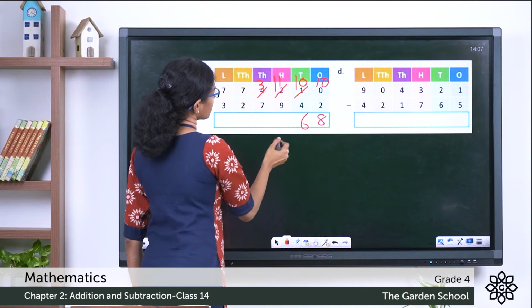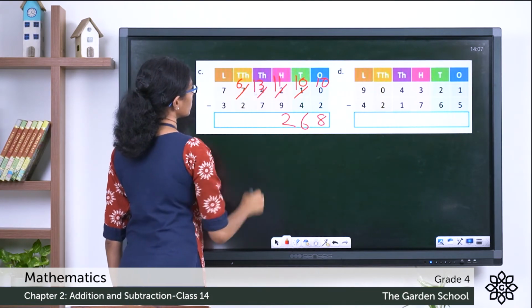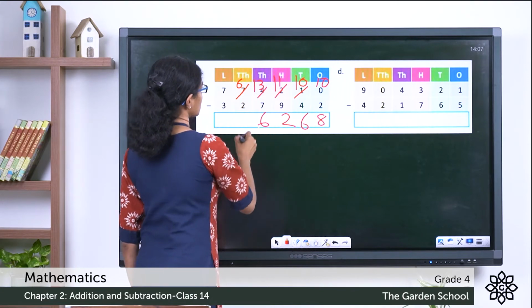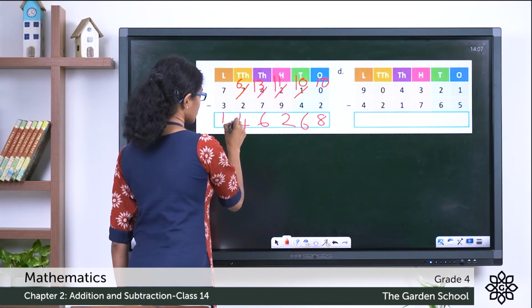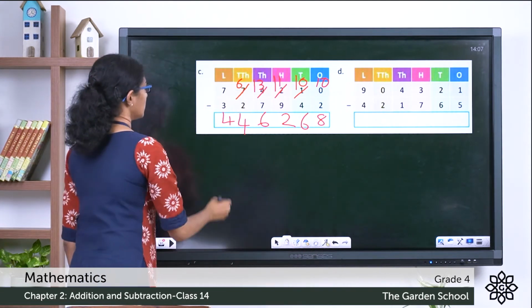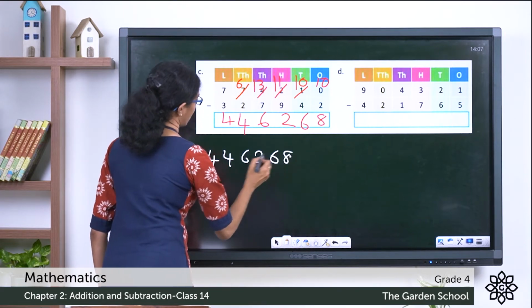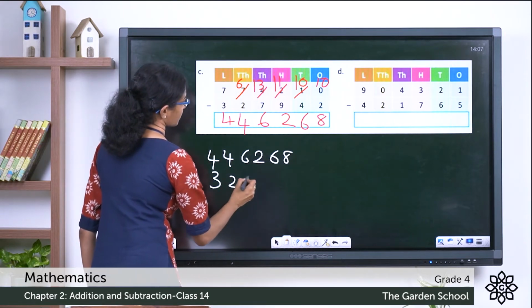Now here it is 11 minus 9, 2. Here again we have to borrow. So that is 6. Here it is 4. 7 minus 3 is 4. Now let's check the subtraction. Let's add the difference and the subtrahend. So that is